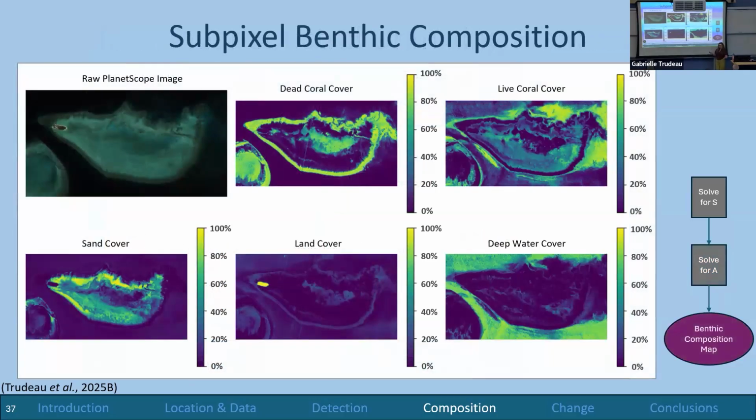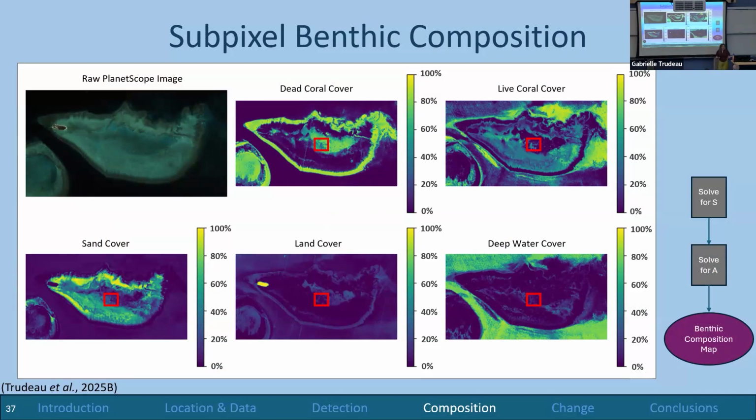And the fun part is the actual results. So what we're looking at here, each of these plots represents a different benthic class. Pixels that are in that bright yellow color are 100% coverage. I think land is probably the best example of this. And pixels in that dark purpley color are 0% coverage. But what's more interesting is every single pixel that falls in between that spectrum. These are our mixed pixels. So we're actually able to capture a mix of each of these different classes on our study site.